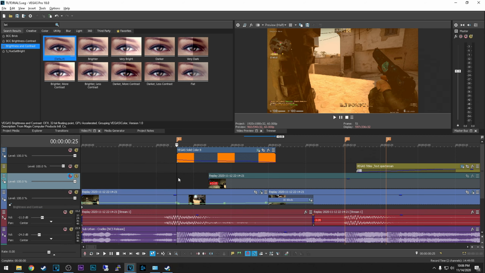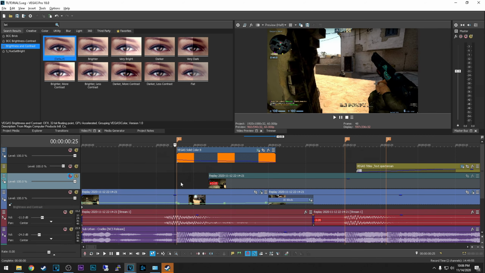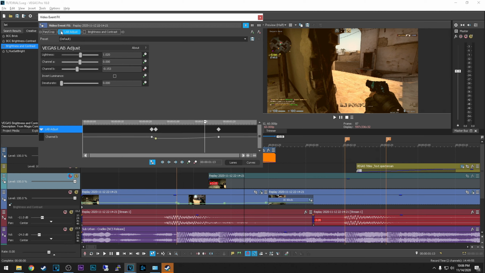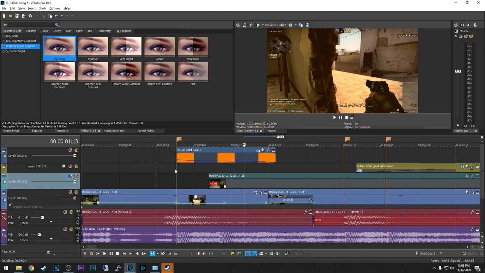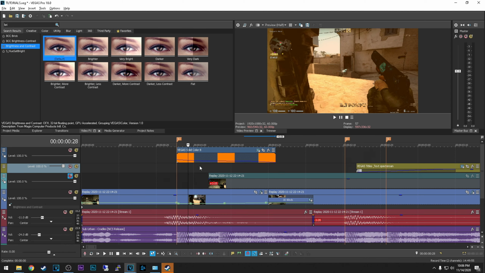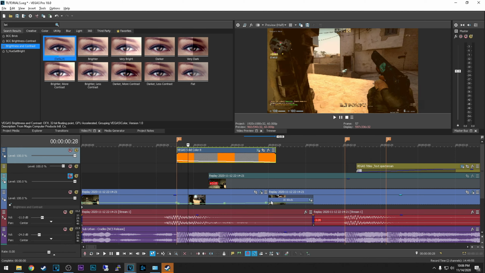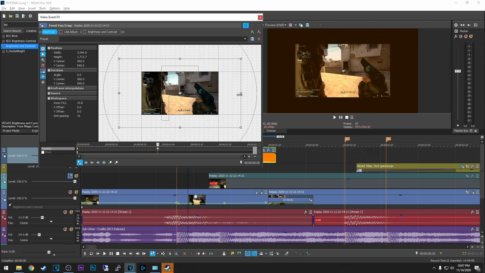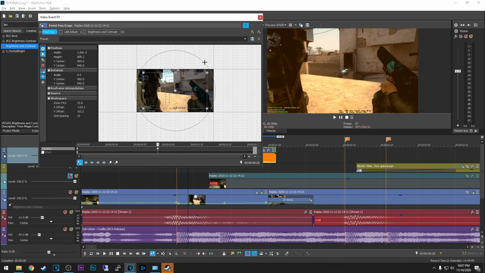So I've edited this frag right here and all my effects are going here, right? Lab adjust or whatever. Actually, I disabled those because I'm using the Vegas solid color for demonstration. But right next to the effects button right here, you have the pan and crop event. So if you click that, you'll find out that here is where you can zoom in, zoom out, and rotate your camera.